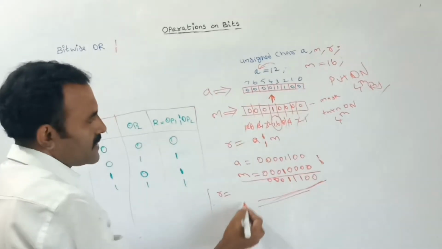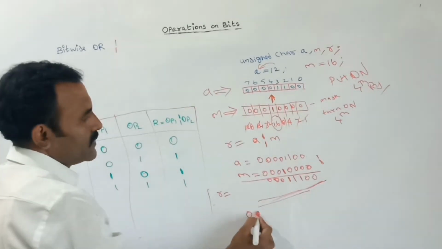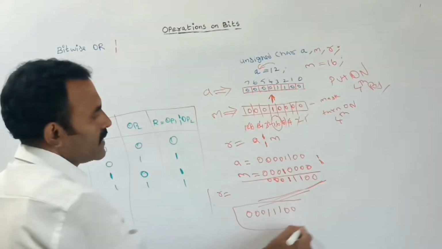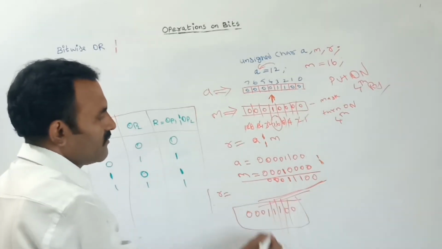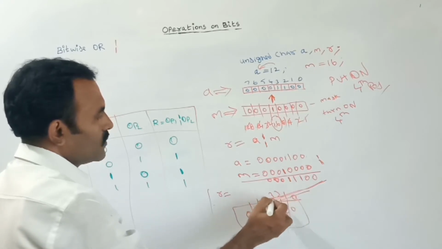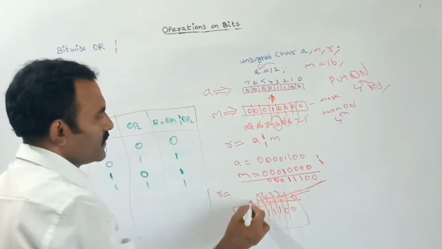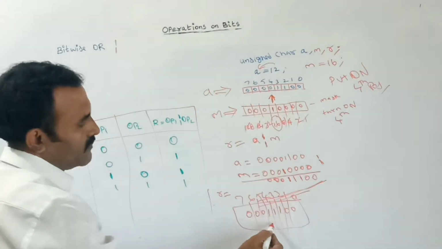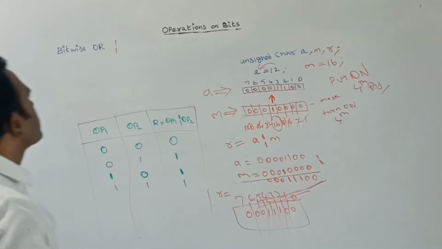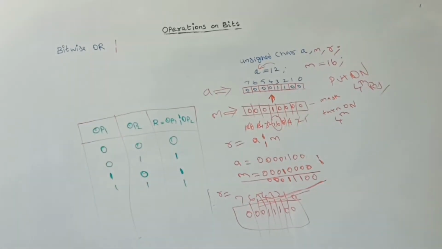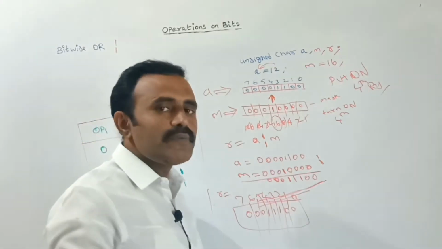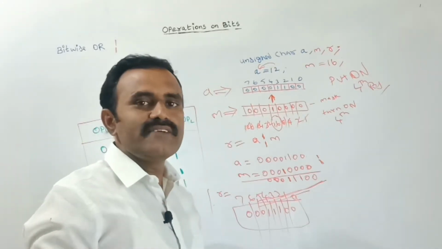This is the result: 0, 0, 0, 1, 1, 1, 0, 0. Out of these 8 bits, we have 0, 1, 2, 3, 4th position, 5th position, 6th position and 7th position. This 4th position is turned on by using the bitwise OR operator. So while applying the mask value, depending upon the position, the mask value will change.